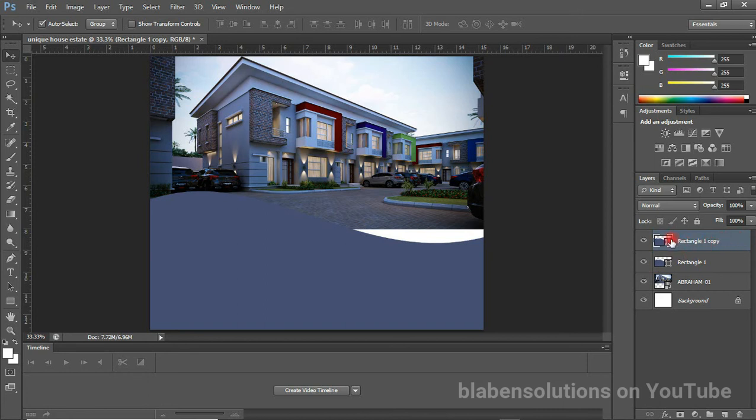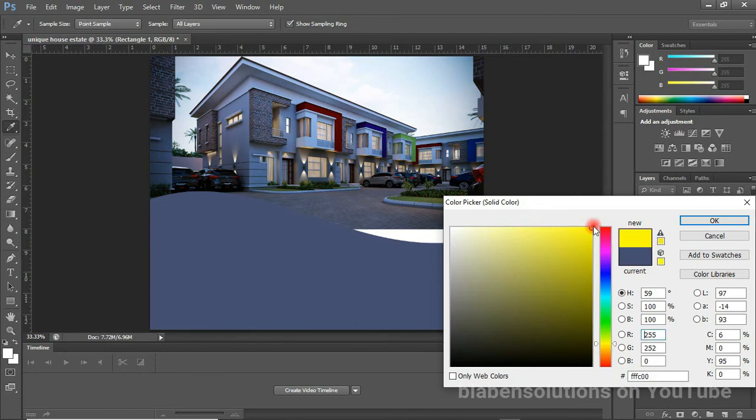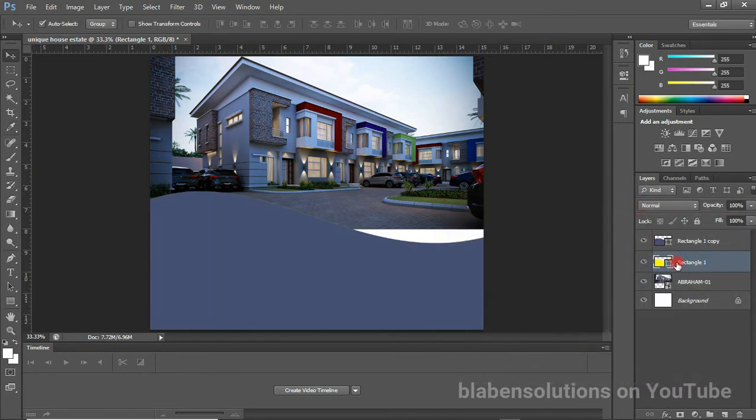Okay, so now you can see that this layer is on top of this layer. This is the one showing now, and this is the one beneath. I'm going to change this color to a yellow color. Double tap the small box in there, and let's choose a yellow color. What we're going to do is, with this layer selected, just use your up navigational key and push